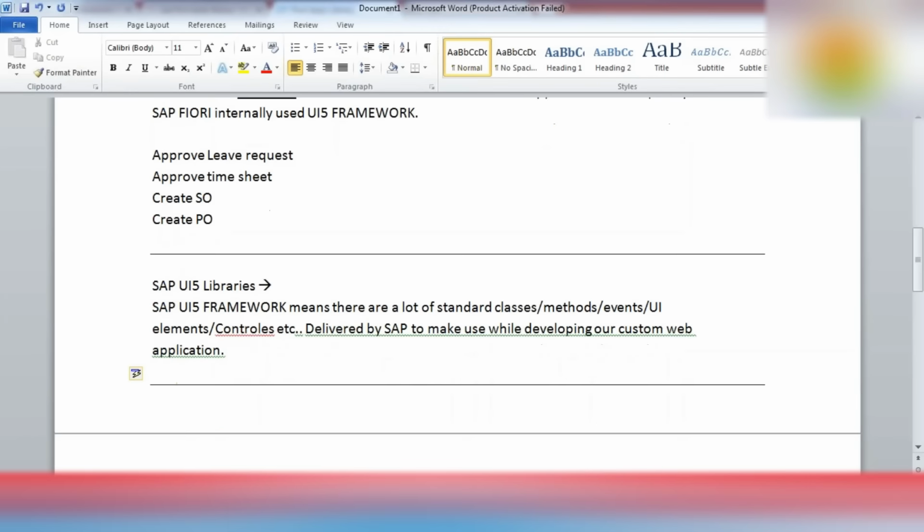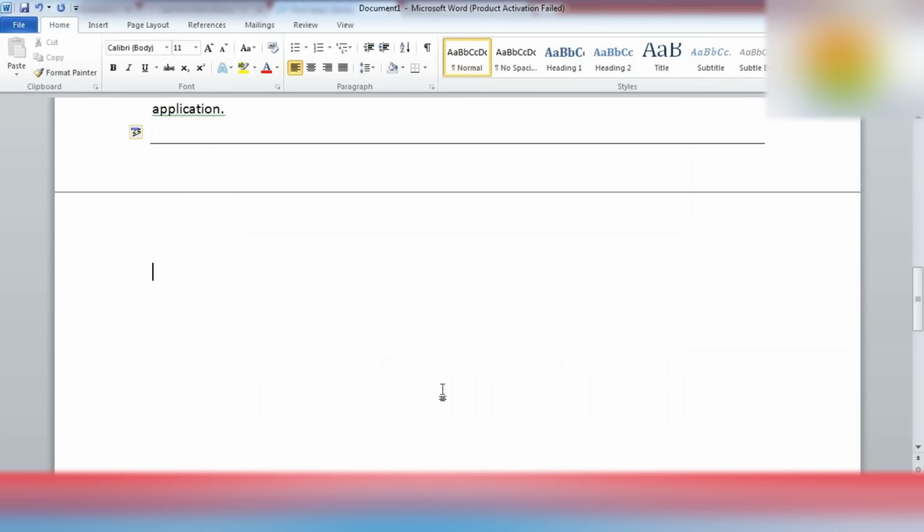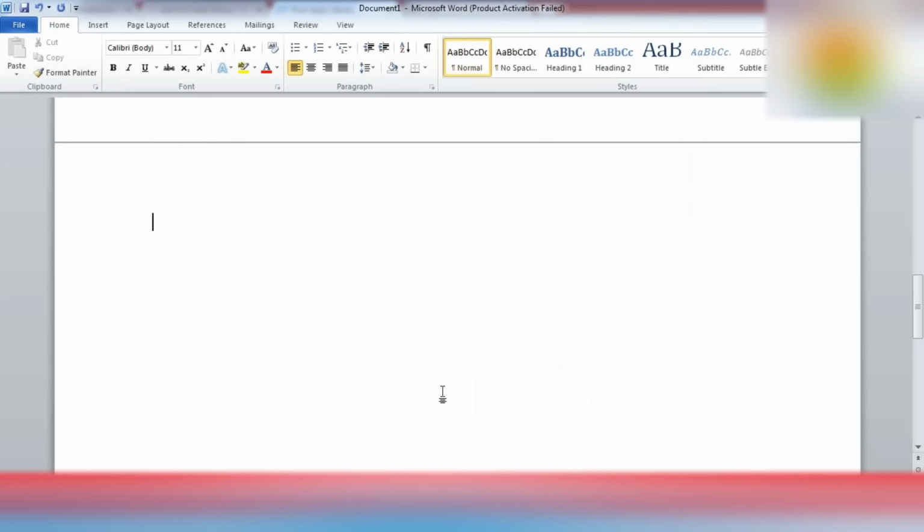See, in the current market, we have three kinds of roles: SAP Fiori front end developer, SAP Fiori backend developer, and SAP Fiori configurator.